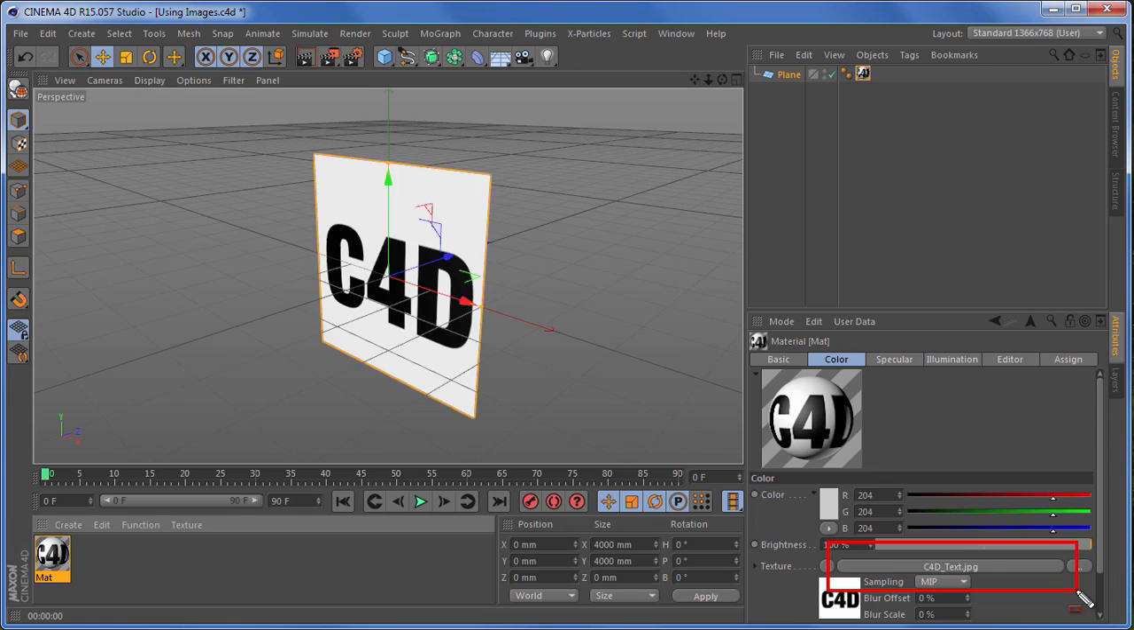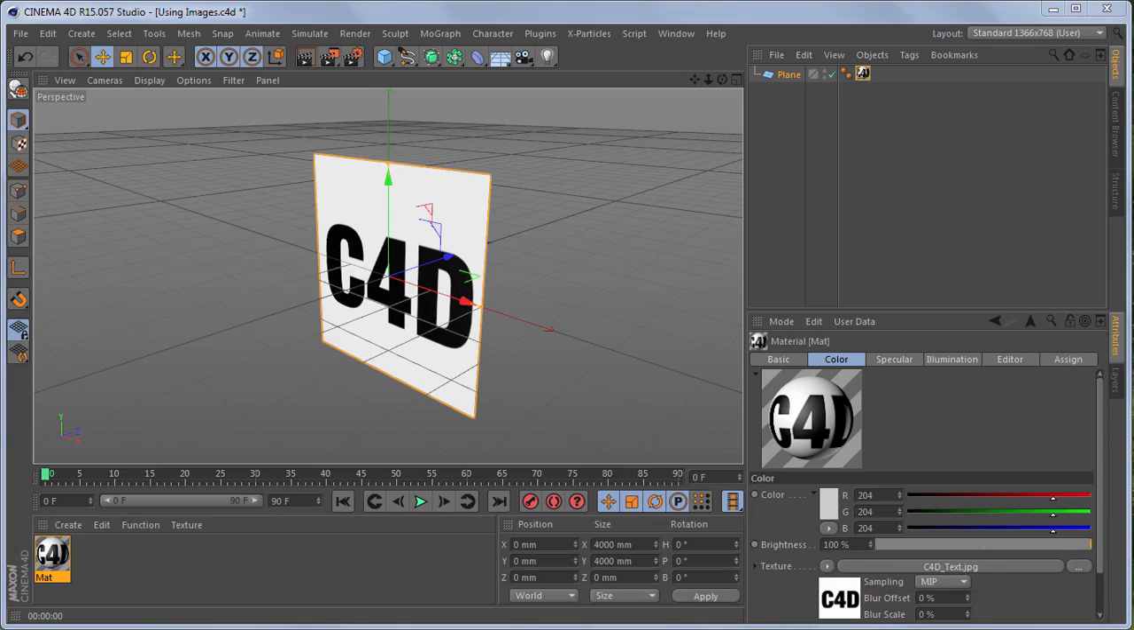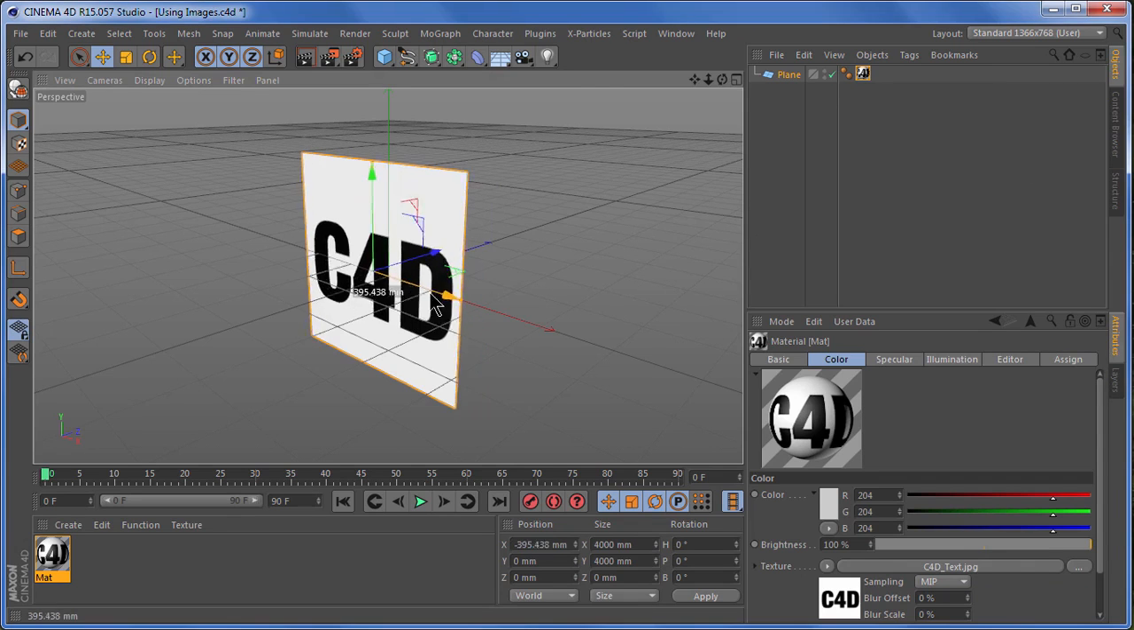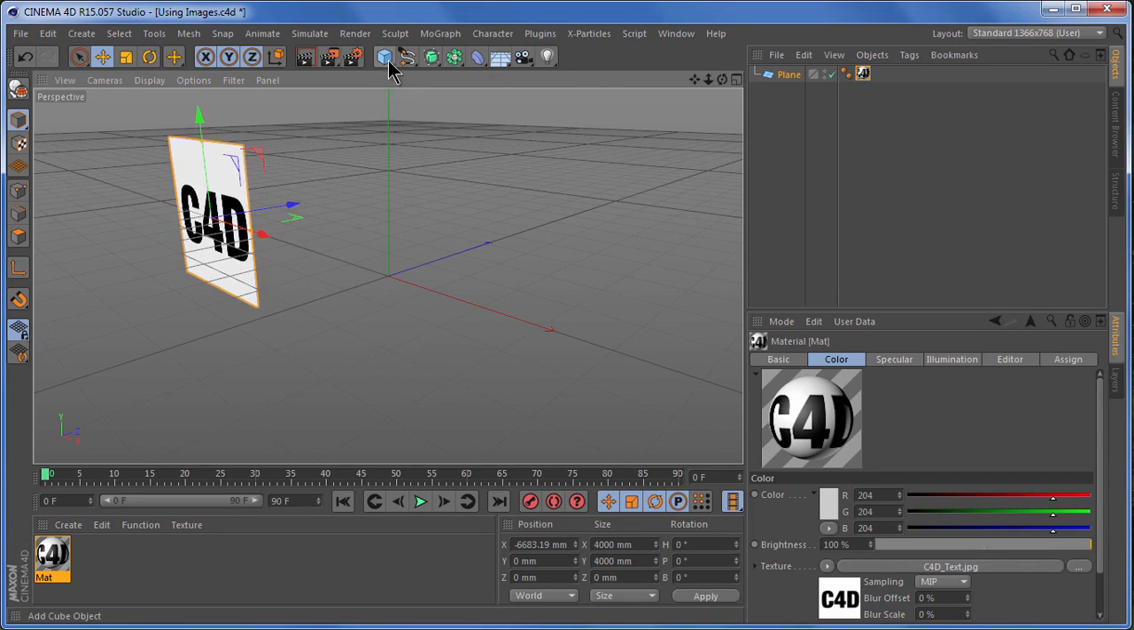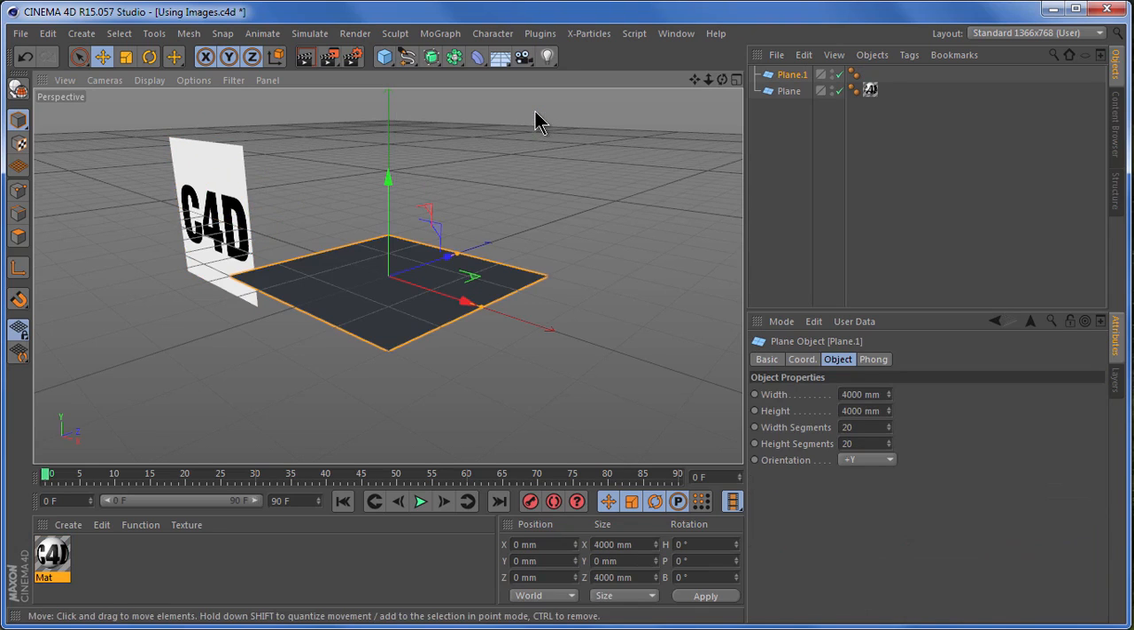Now, there are other ways to load in images, and I'll show you. You can use the content browser, so let's drag that out the way and we'll do it again. Let's create another plane and